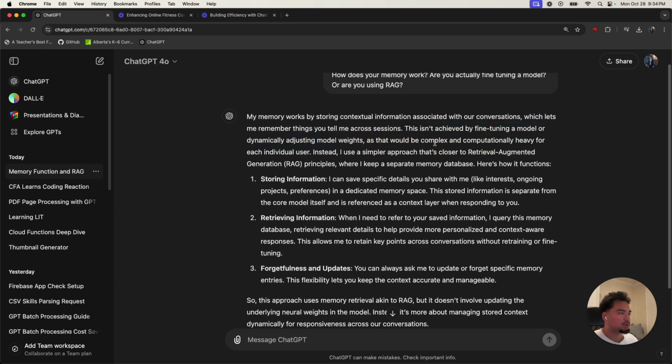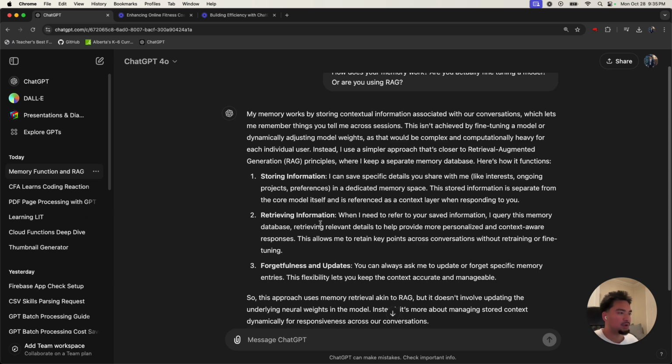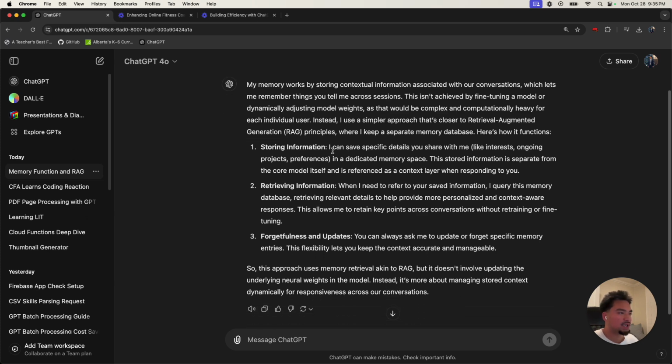So as that heavy for each. Instead, I use a simpler approach that's closer to retrieval augmented generation (RAG), where I keep a separate memory database. Here's how it functions. Storing information. I can save specific details you share with me, like interests, ongoing projects, preferences, in a dedicated memory space. This stored information is separate from the core model itself and it is referenced as a context layer when responding